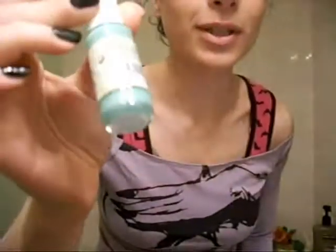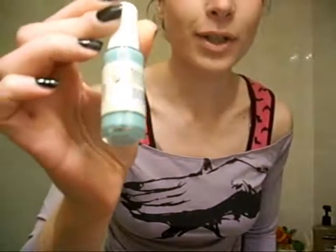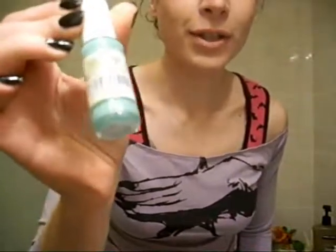And then they've got this dark navy one, which is a very bright dark navy, so it doesn't go on kind of blackish, it goes on very navy. And this one is called Indigo Polish. Then you've got this one, which is exactly like Chanel's Jade, and this is called Vintage Polish, and there is something really vintage about it which I love, and it's a very beautiful soft pale green,